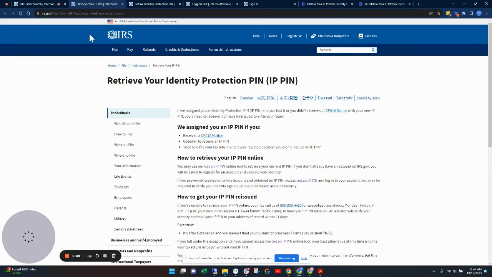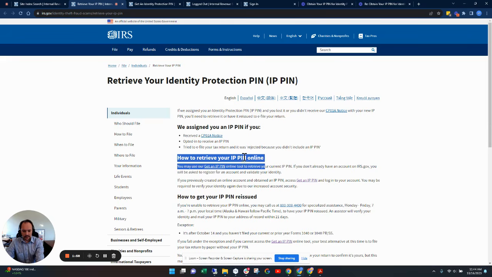And I already did it over here. That brings you to this page, retrieve your identity protection PIN, IP PIN, and there's a whole bunch of words here. We want to read this one, how to retrieve your IP PIN online. Then you'll click on this, get an IP PIN. So where this is going to take you is to